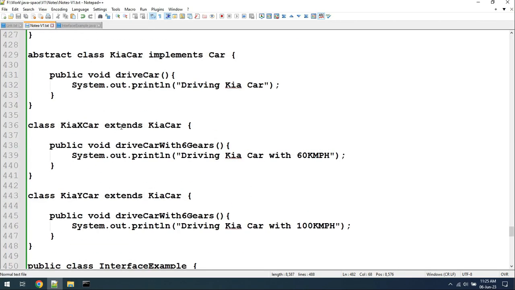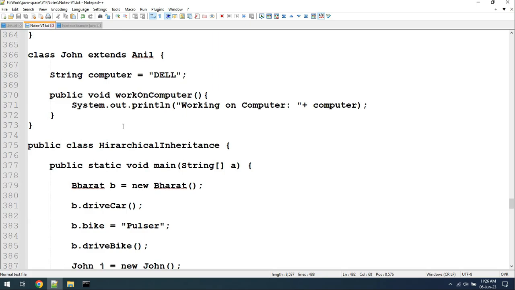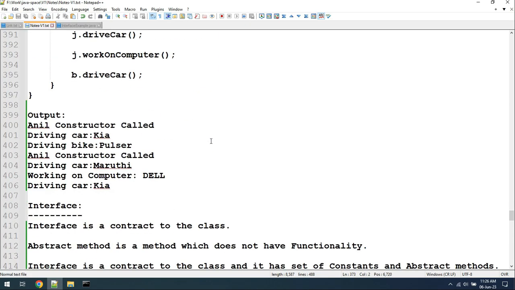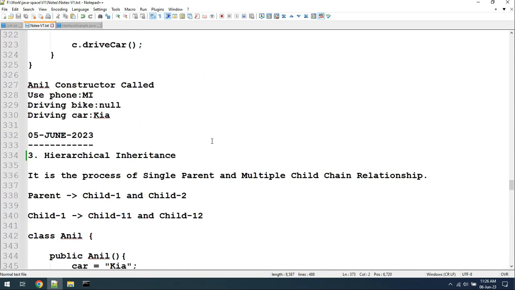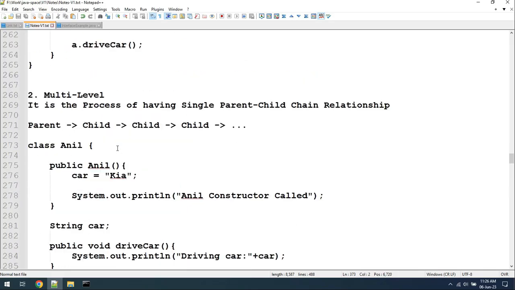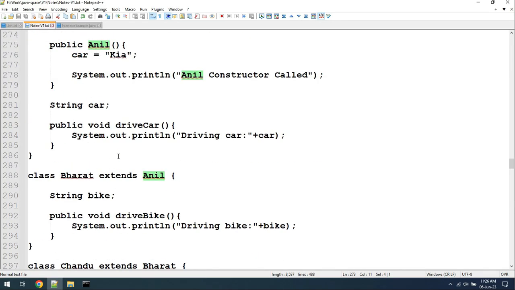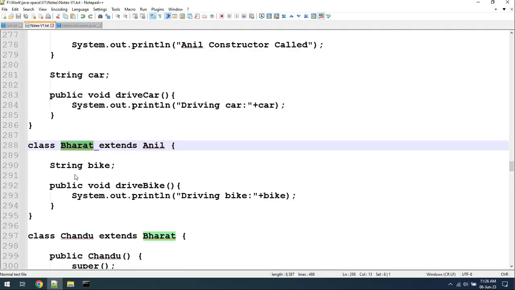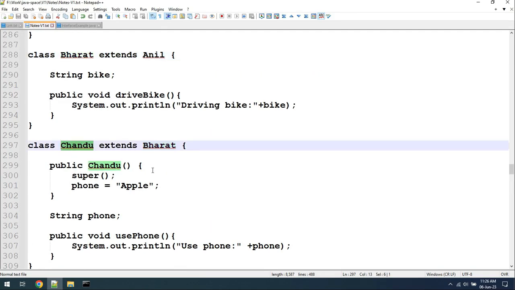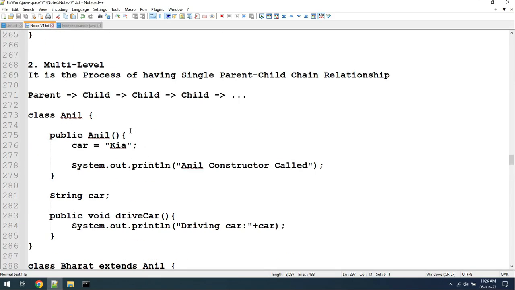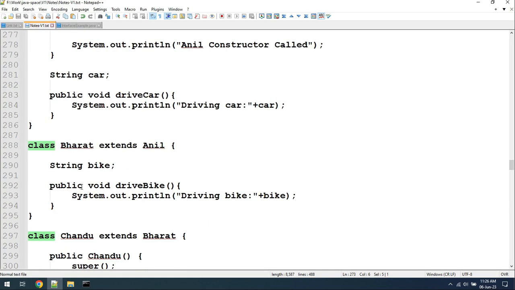How do we implement it? If you see multi-level, how do we design this? A class, a class here, a class here. So, if we want to achieve multiple inheritance with classes, it is not possible in Java